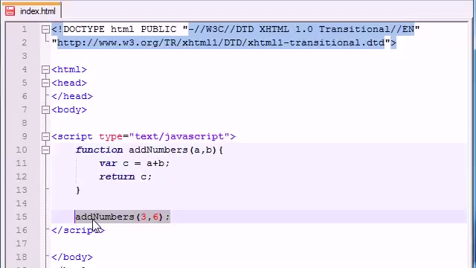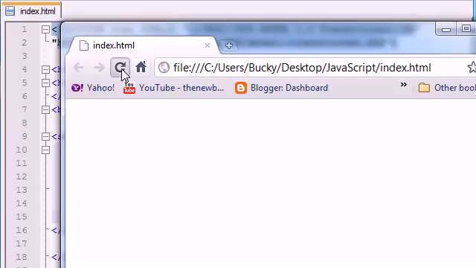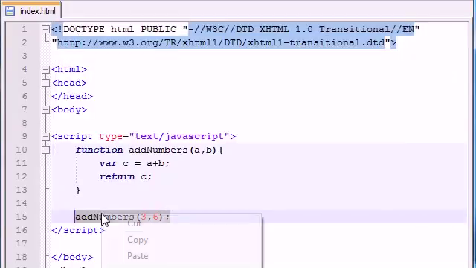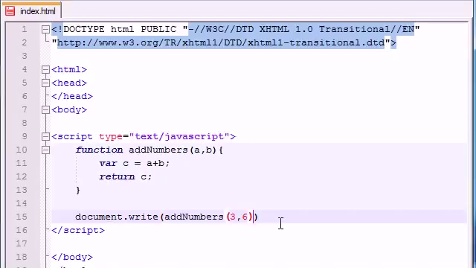We didn't tell it to print out 9 on the screen. We didn't tell it to print out 9 in an alert box. It just is the value of 9 and it's just sitting there in our program, pretty much like a waste of space. So let's save this and see what happens. Nothing. So let's take this and cut it, and now let's write document.write, and inside that, let me get rid of that semicolon, put it at the end, paste that function